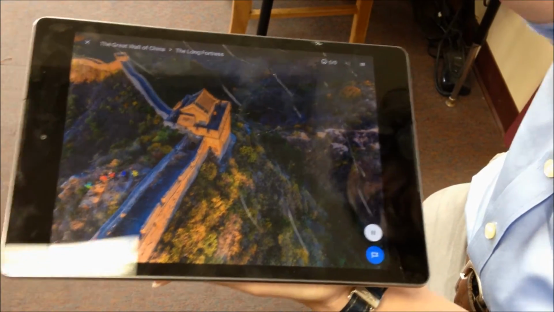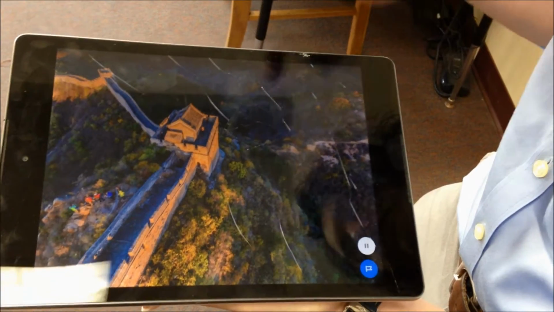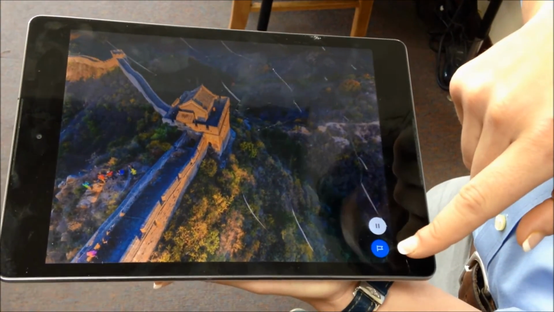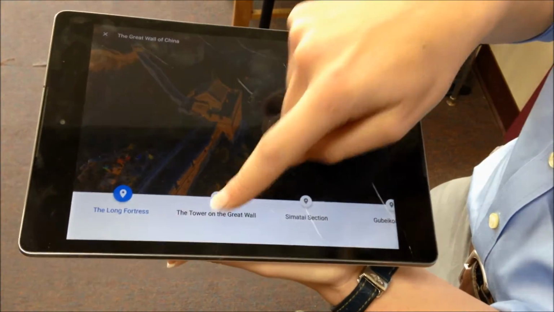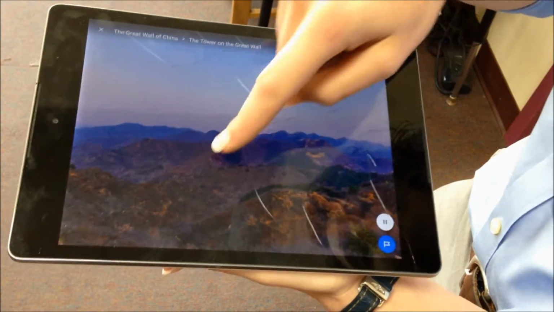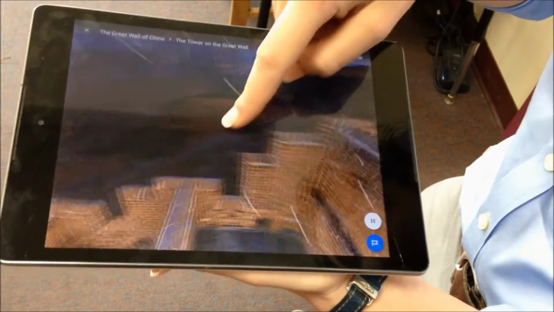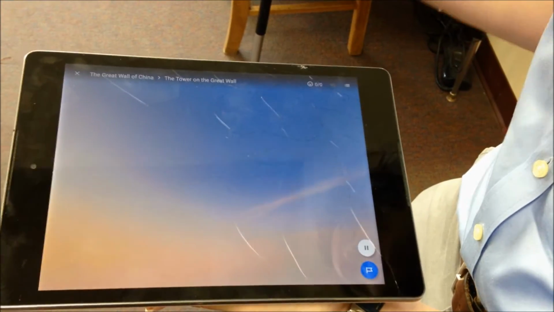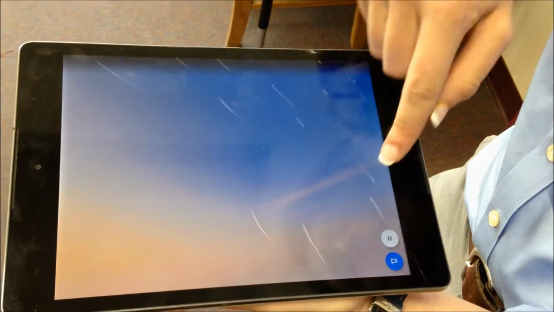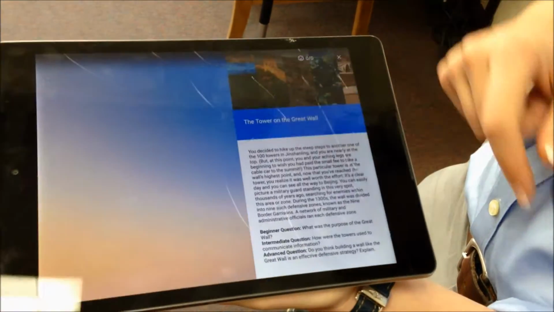So now if we want to go to the next scene within the Great Wall expedition, we click our expedition guide, which is the blue flag below. That pops out our snack bar, and we'll go on to the next scene. Same deal. Look around, see where everybody else is looking, give them a few minutes to kind of get oriented with it, and then begin your script and your tour guide